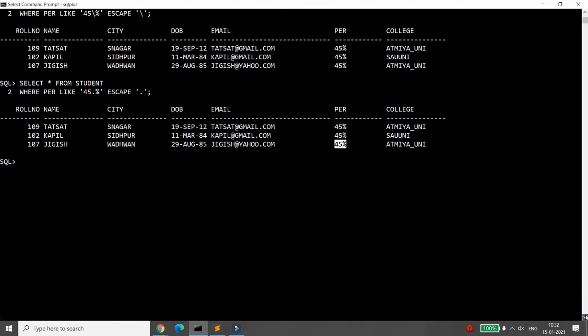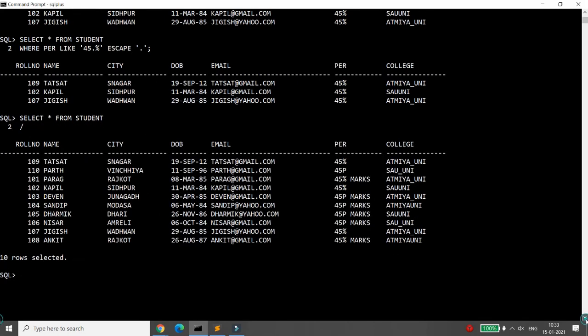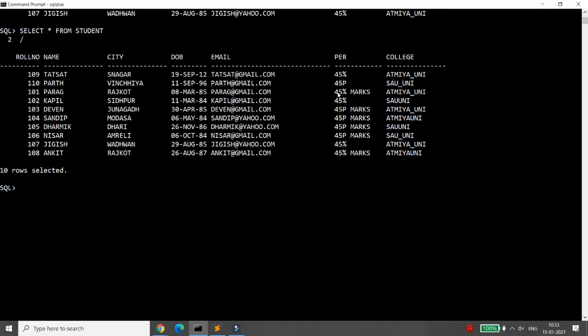Sometimes people may ask that they want exactly 45 percentage. But if you look carefully in the data, I want 45 percentage, yes, but I want the marks also if it is 45 percentage. I don't want 45p marks.